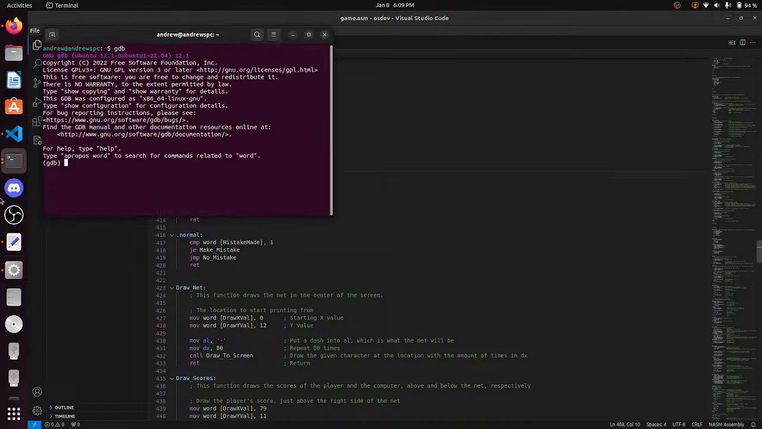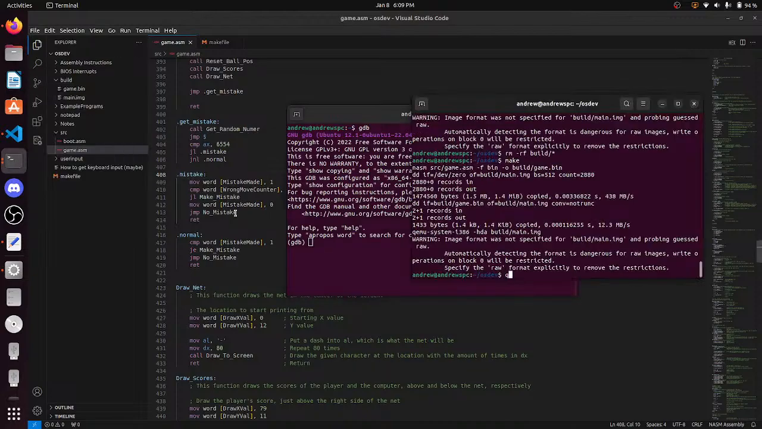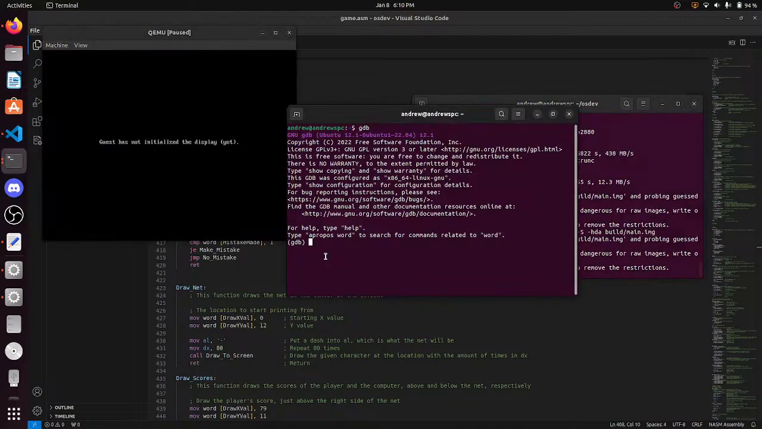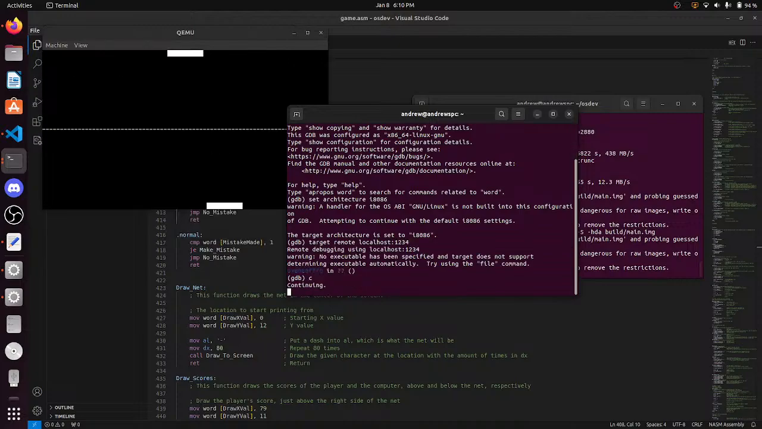GDB, and then qemu-system-i386 -s -S -hda build/main.img. There we go. Set architecture i8086. Then target remote localhost:1234. Continue. And then